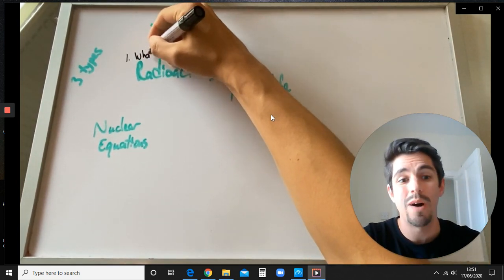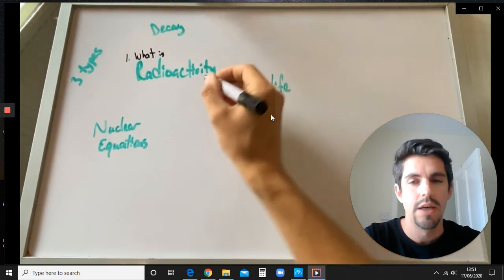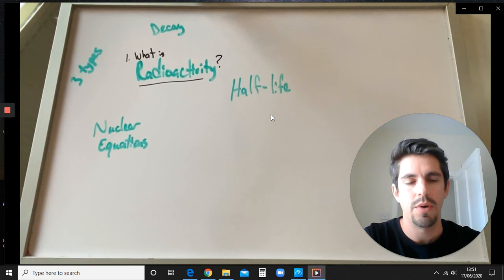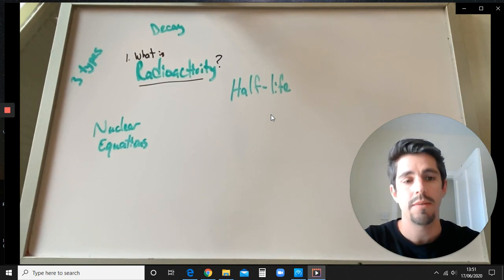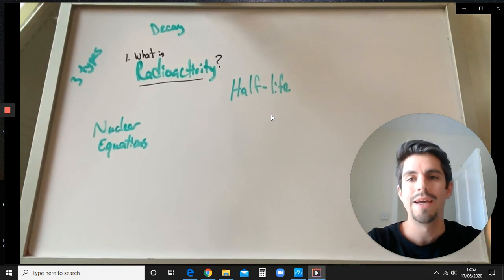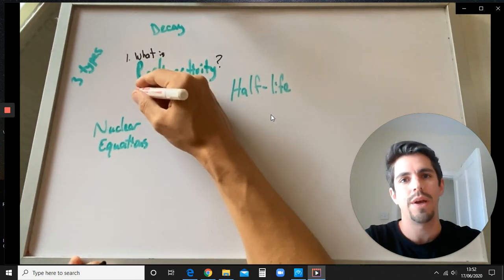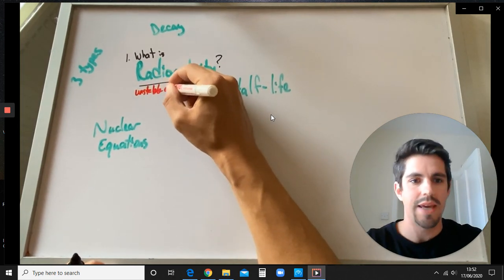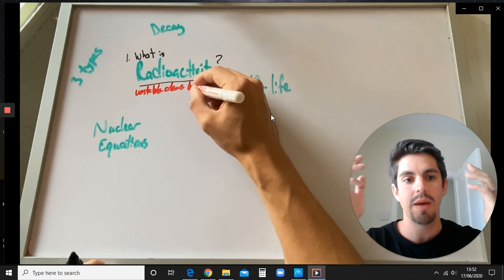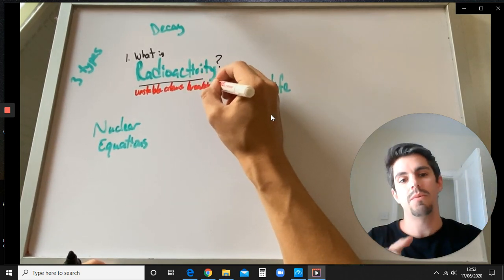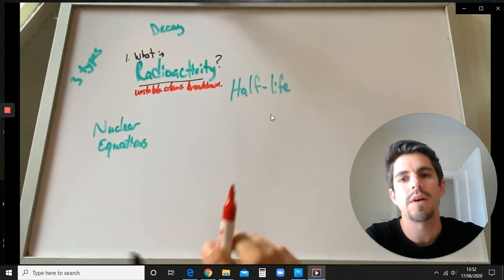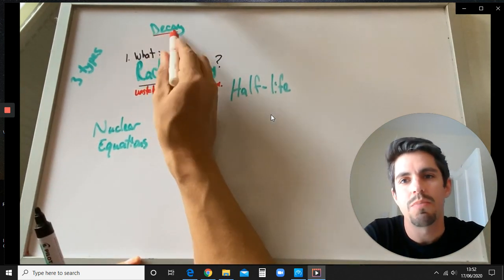So question 1, what actually is radioactivity? You can go ahead and answer these questions in a book or on your computer, however you want to do that. Okay, I'm going to give you the answers as well. Alright, so first off, what is radioactivity? It's basically when an atom breaks down. So some atoms are unstable. They can't stay as they are, and so they break down. They stop being what they were and they start being something else. And when they break down, they shoot something out at the same time. So unstable atoms break down.